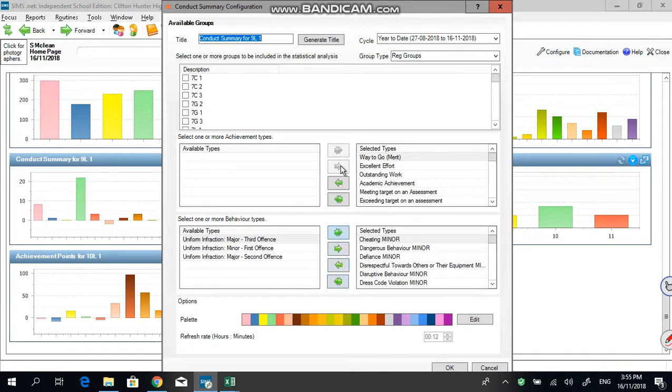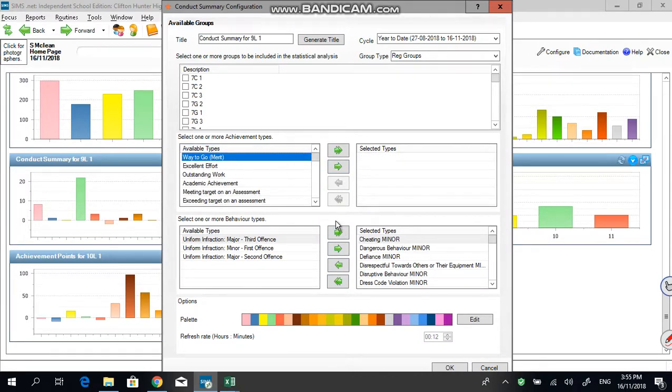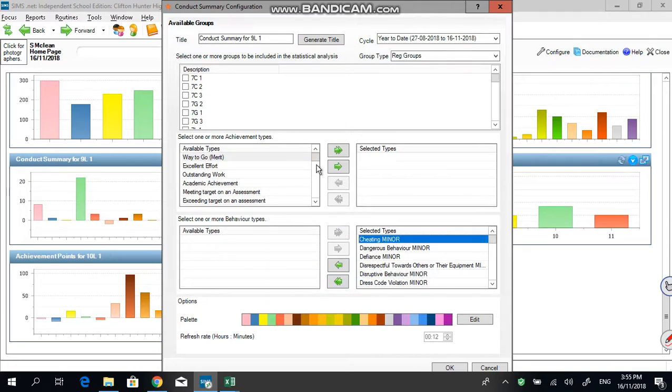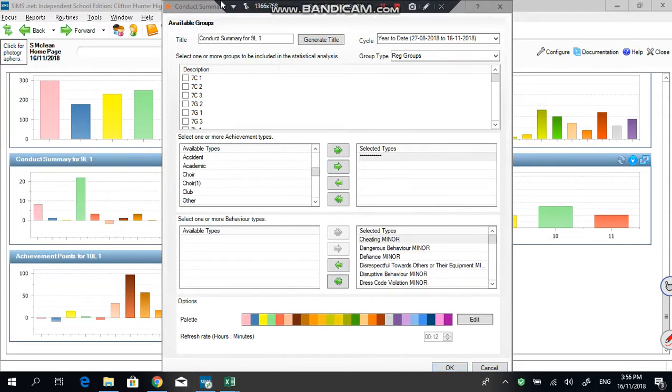I would get all these back on this side. I would get all my behavior points over, double arrow, put one of these, which, let's do the stars, right click, click that one over here with the single arrow over there, and I'll change this to behavior